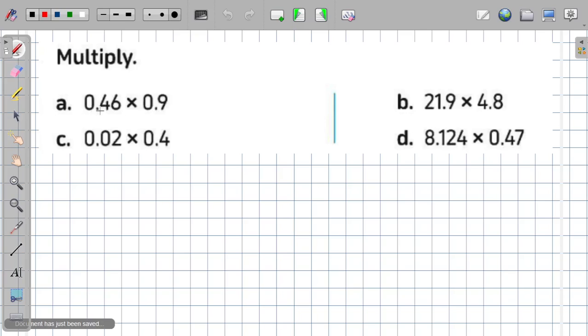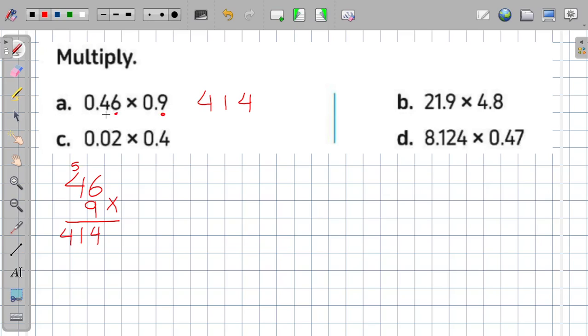Okay, so if I have an example like this, 0.46 by 0.9, what can I do? Ignore the decimal point. So I have 46 by 9. So 6 by 9 equals 54. So I have 4 and carry 5. 9 by 4 equals 36 plus 5 equals 41. So I have 41. So the result will be 414. But here I have one decimal place and here I have two decimal places. So the result will have 3 decimal places. So I have 1, 2, 3. So the decimal point will be here before 4. Okay, so I will put 0 here in the ones place. So the result will be